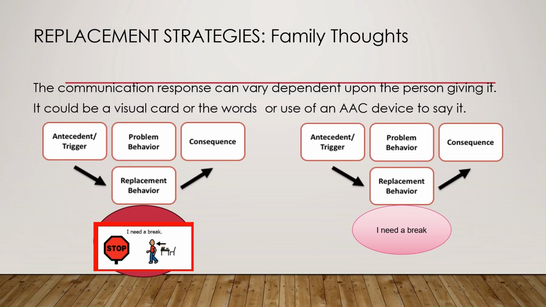Maybe you do school at home. Maybe you absolutely do some school at home. I know during COVID, we all did some school at home. Maybe your child needs options to ask for a break if you're on a shopping trip or out in the community somewhere. We can take a break in a lot of different places, and this just gives us a way to access them in a more socially appropriate manner. So brainstorm and think through what are times that my child has showed agitation, or we've had to leave activities early, or we've had to leave environments early and they needed a better way to tell me or to escape an activity.